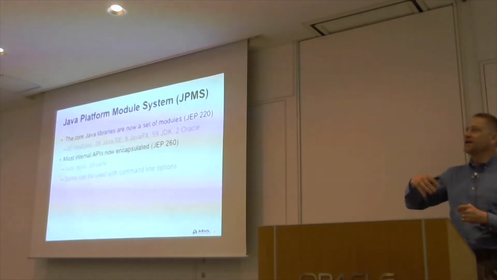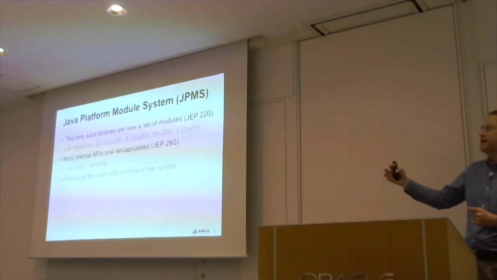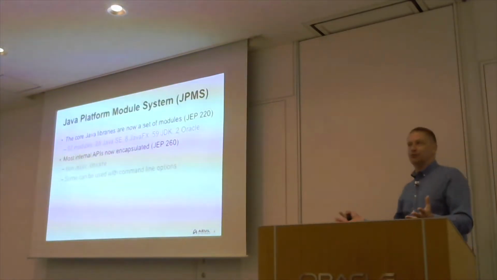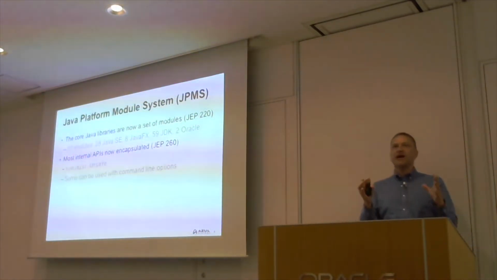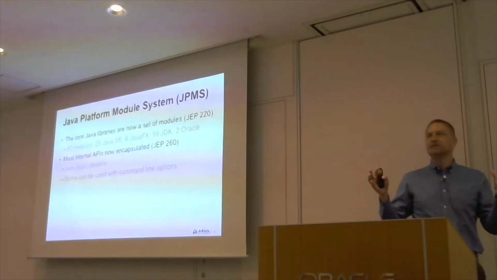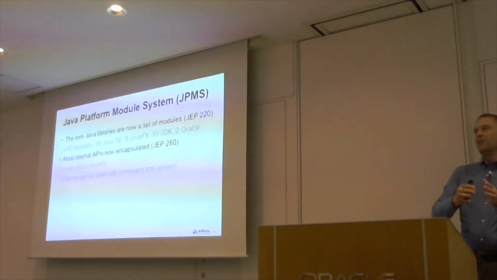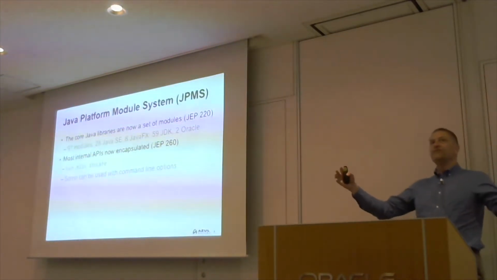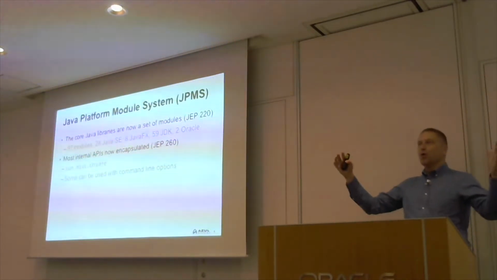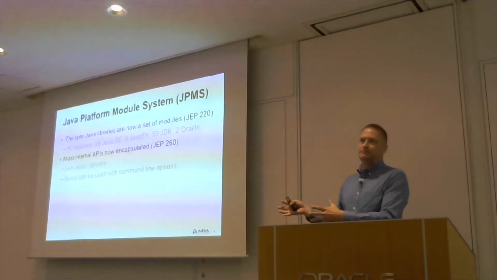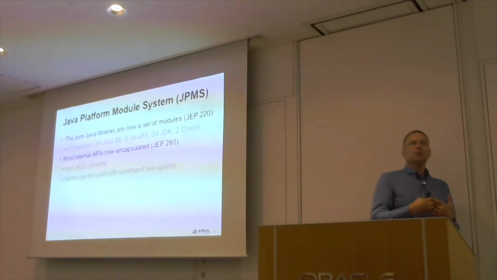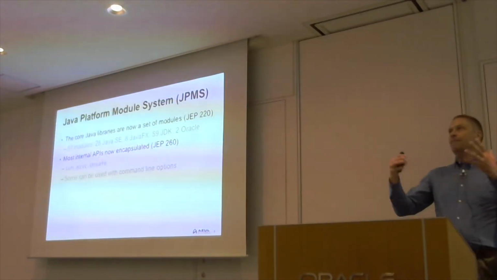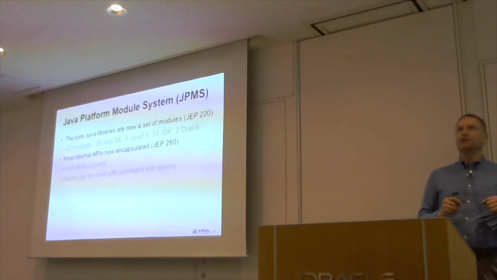We don't have to write a semaphore class. We don't have to write a string builder. All of these things are there for us. So this is great. But the problem is that all of these classes have been added to one file. Actually, it's two really, but one file, rt.jar. And so we've got this situation where we've got a monolithic set of libraries.